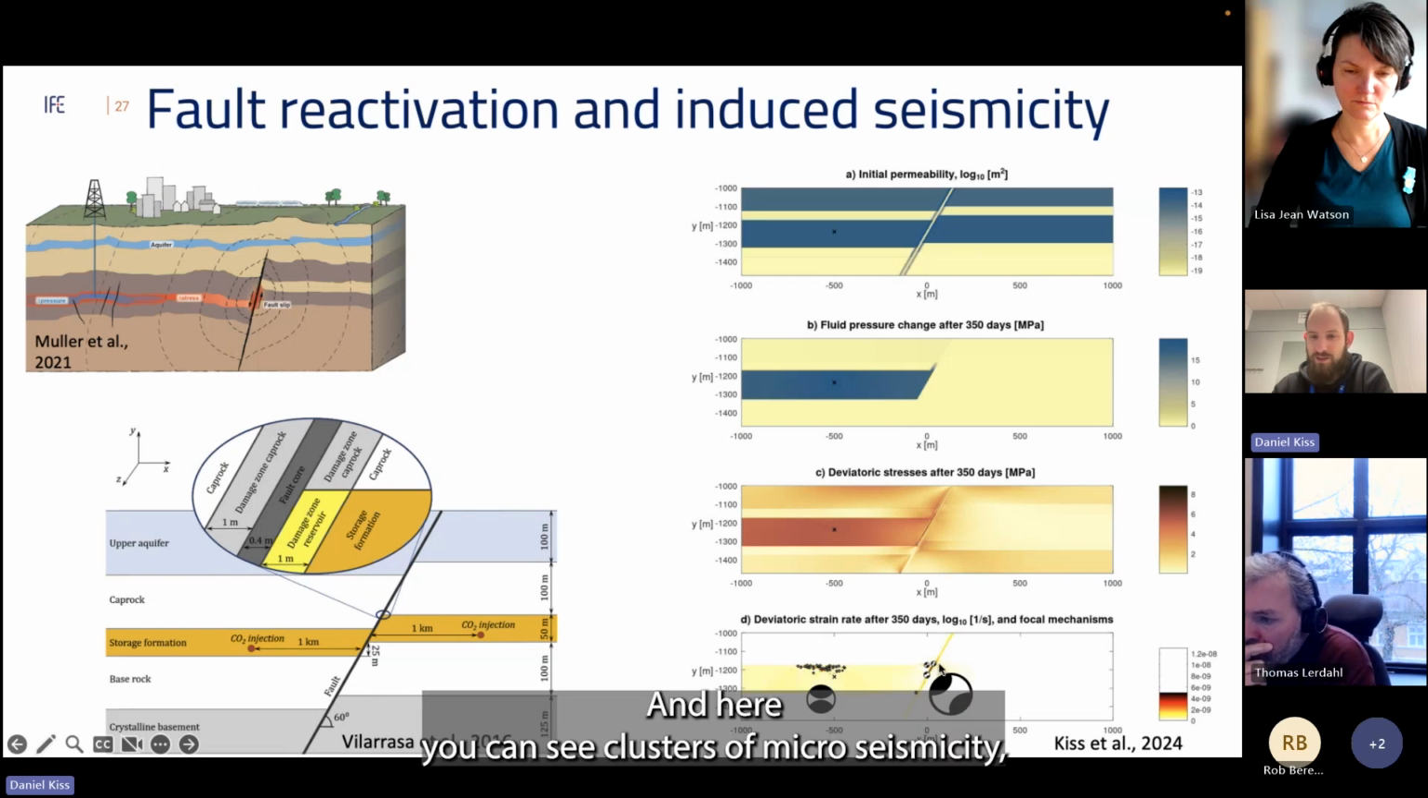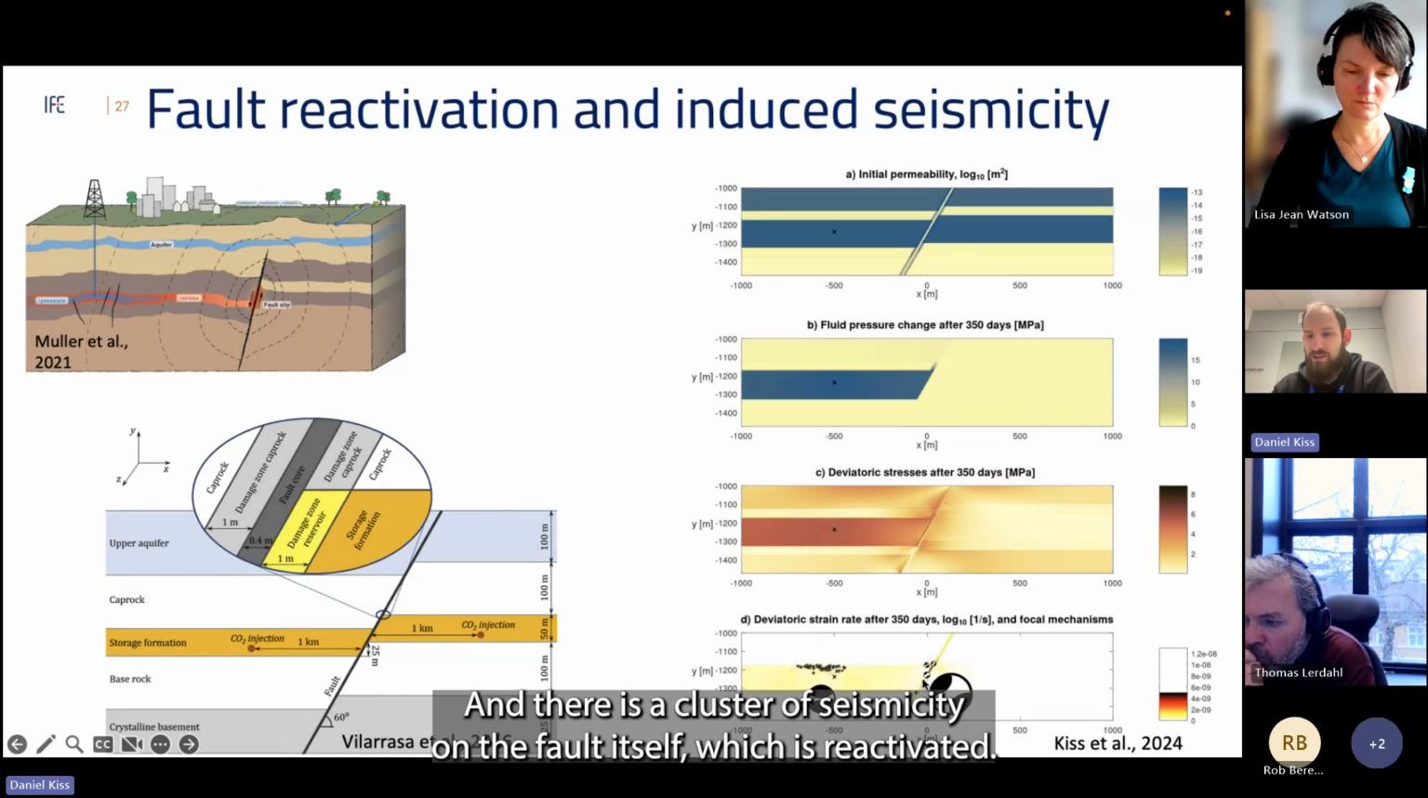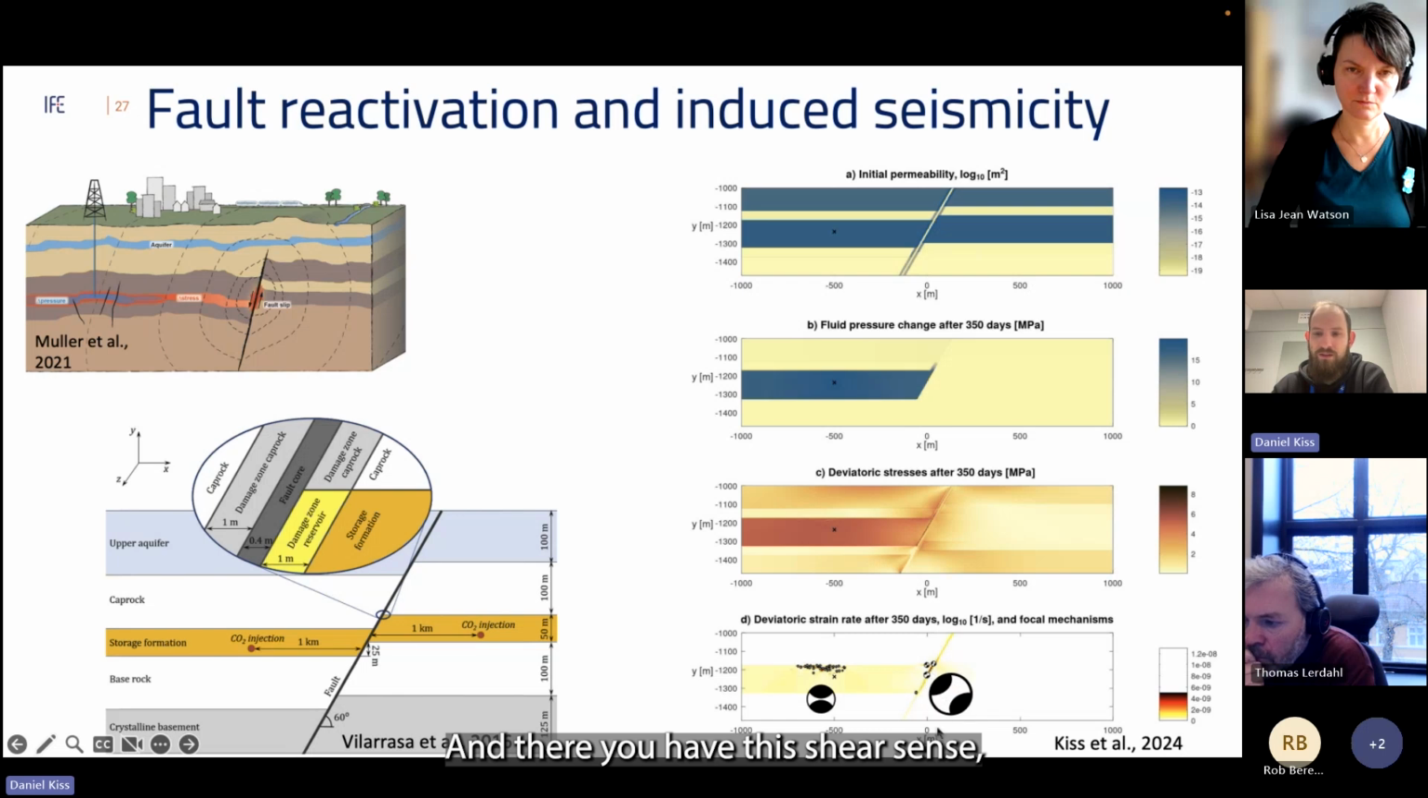And here you can see clusters of microseismicity. One cluster next to the injection point where you have this kind of focal mechanism, and there is a cluster of seismicity on the fault itself, which is reactivated, and there you have this shear sense